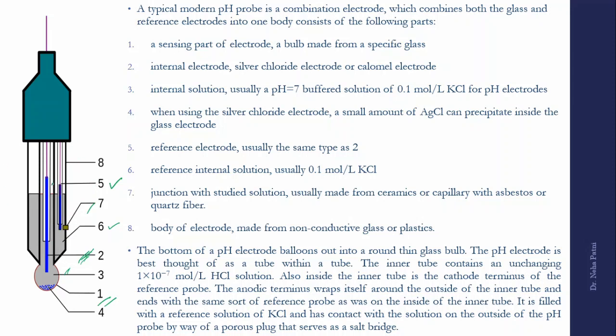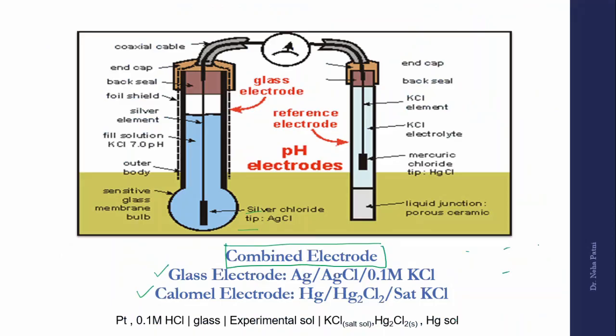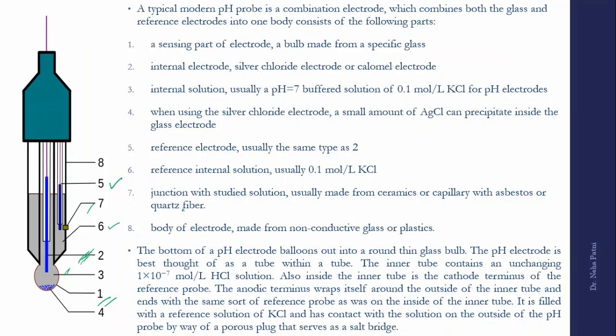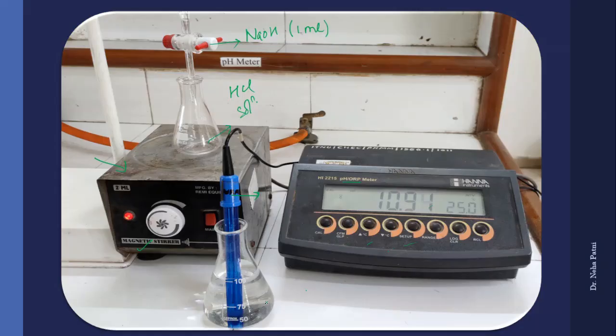So now let us go into detail of how this pH meter works. Basically you need to understand that it is a combined electrode, and when it is combined, this kind of cell setup is done, which is like this is the calomel electrode, this is the glass electrode. And now using the Nernst equation, it will give you the H plus concentration. So if you dip this in the solution, whatever the H plus concentration is, because pH is potency of hydrogen, right? Negative log of H plus. Whatever the H plus concentration would be, in terms of pH, it will solve and give you the answer. So we are going to estimate the normality of HCl with respect to NaOH by using a pH meter.